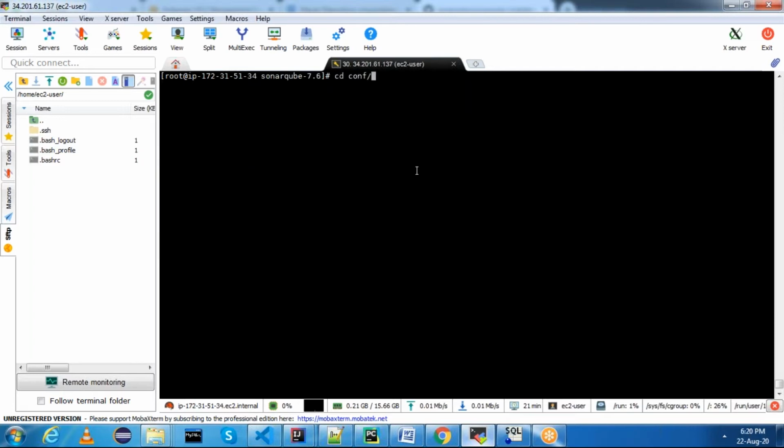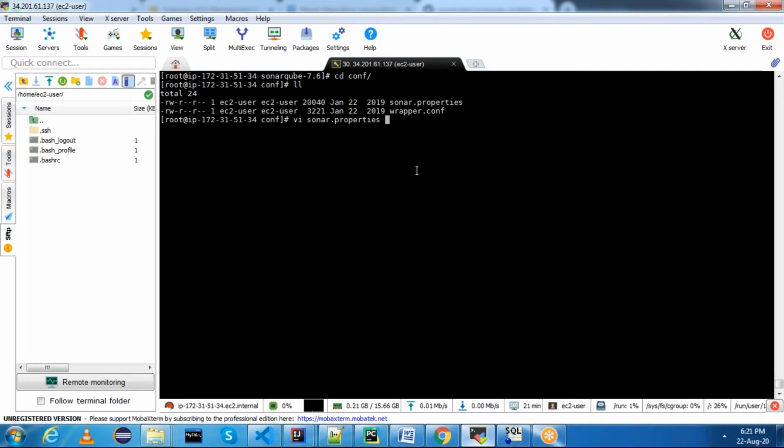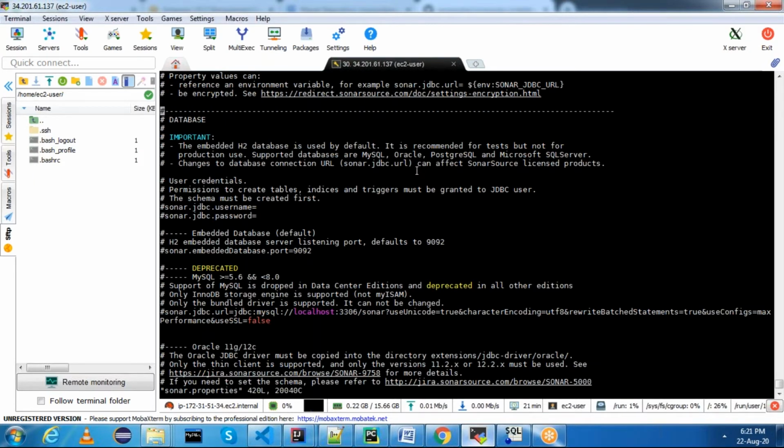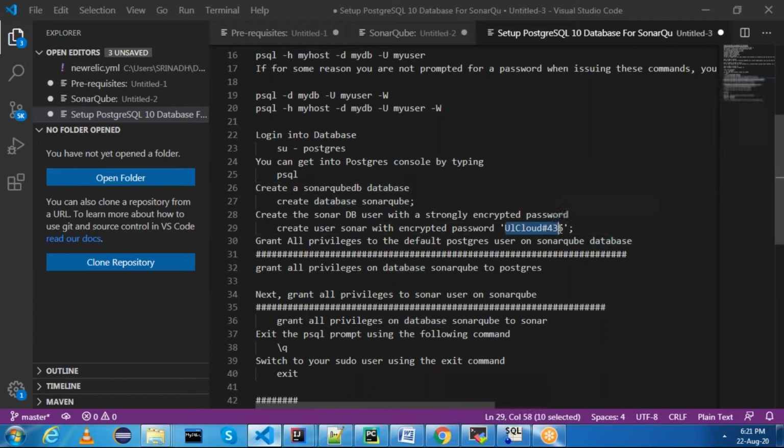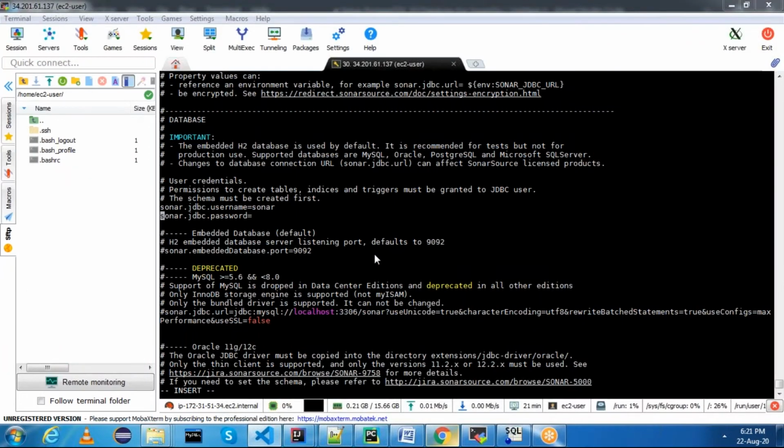Go to the conf folder. Inside the conf folder, you have sonar.properties. In sonar.properties, we need to mention sonar.jdbc.username. You can use the sonar user, and sonar.jdbc.password. I have given this password, or if you have given something else, you can still continue with that. And then